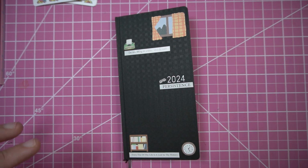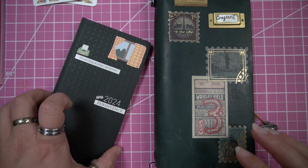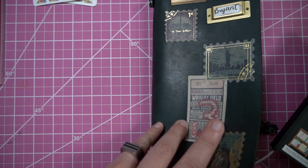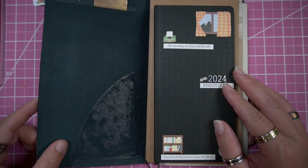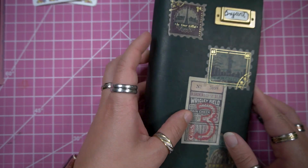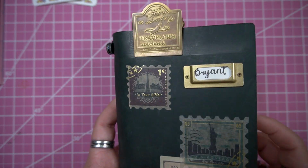Okay, it's for business, and really it's because I wanted to shrink my setup to something I can carry easily everywhere every day, and that is with my traveler's notebook. So I'm going to pop it in here. I'll talk about this more in my Techo Kaigi for 2024. Put it in here, close it, and I pretty much have everything that I would need for my planning and